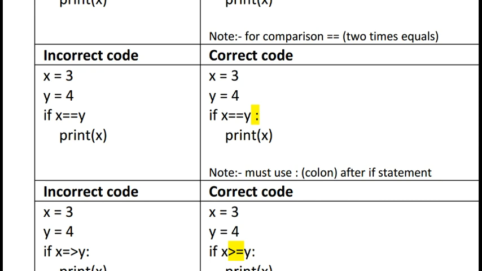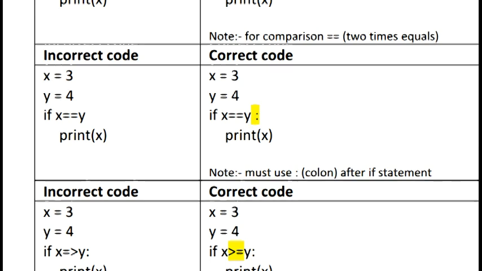So you can see the correct code: x is equal to 3, y is equal to 4, if x == y, then you must use a colon. Colon is important after if, after else, after for, after while. So print x. Must use a colon after the if statement. The highlighted part is the correction.